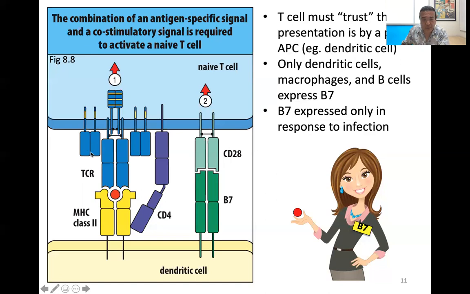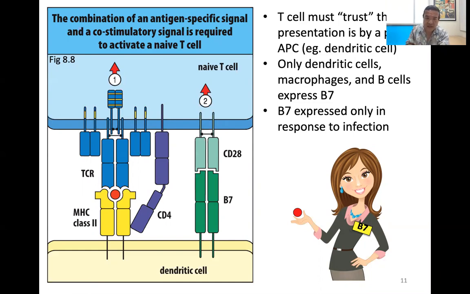If this naive T cell, its T cell receptor happens to be the right shape to bind that combination of the red dot in the context of MHC, and then the CD4 co-receptor, in this case, comes and confirms that this is MHC class 2, together, that is like one signal. I mean, you can think of it as two signals, because the T cell receptor itself is signaling, and then the CD4 is signaling. But really, the CD4 is an integrated part of the T cell receptor complex working. So that's one strong signal,